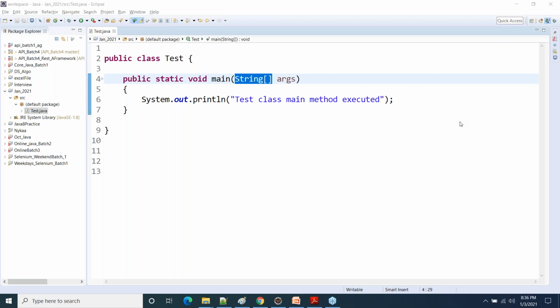Okay, so class is a collection of objects. Class is a template or blueprint of an object that contains methods, variables, and so many things. Class is a template to create objects.